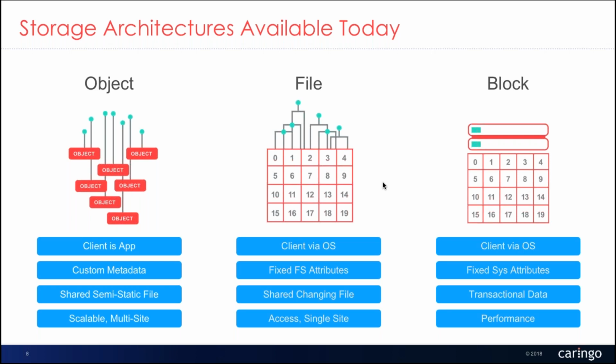But if you're talking about storing hundreds of thousands or millions or even billions of pieces of information, that will quickly saturate the file systems that are in use today. So that's really where the file systems fall short, and that's really why object storage has become so popular, especially in the cloud, and also more and more popular on-premise as an archive solution,